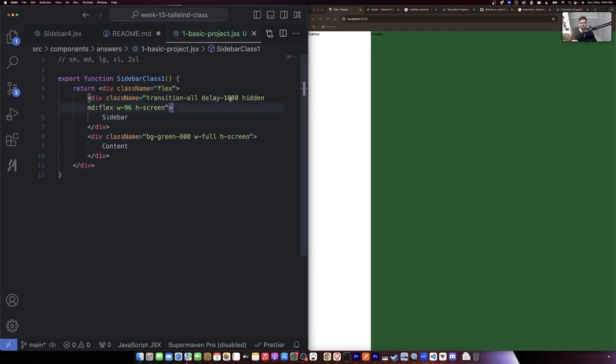So when you are changing the visibility, or more technically in this case the display property, it will not animate. What you have to do is